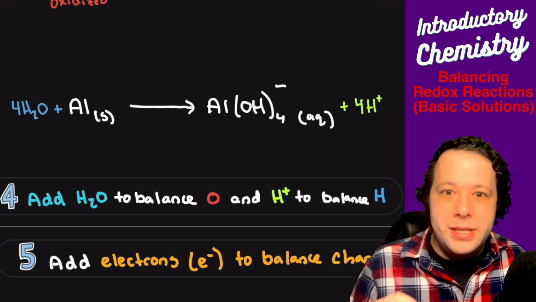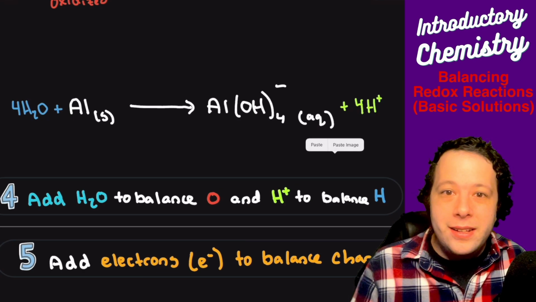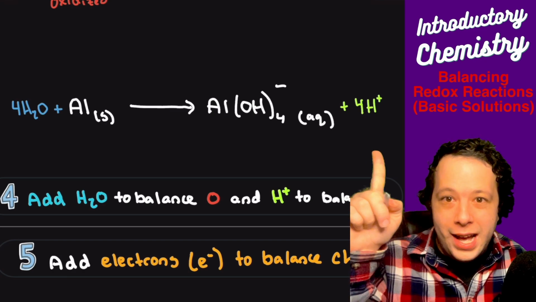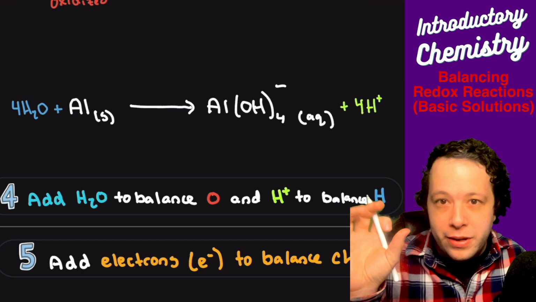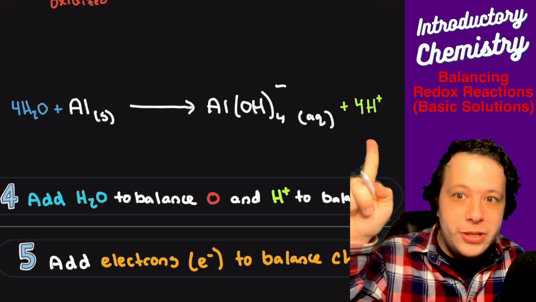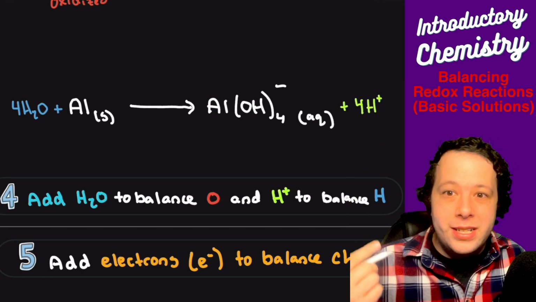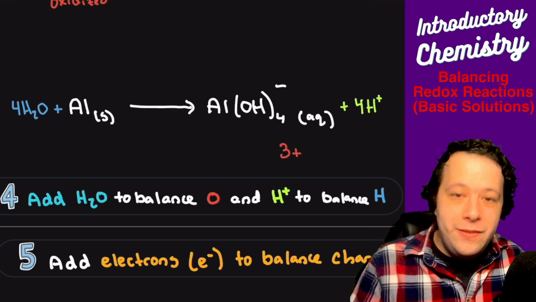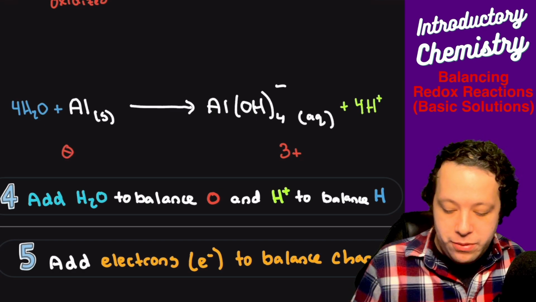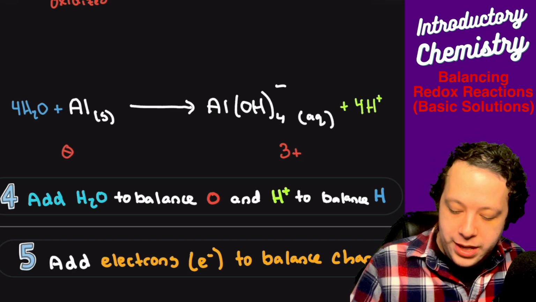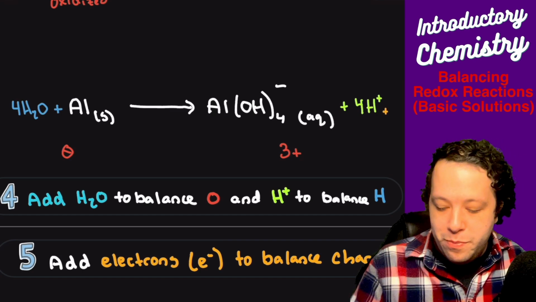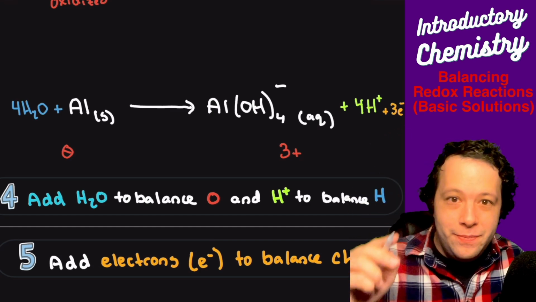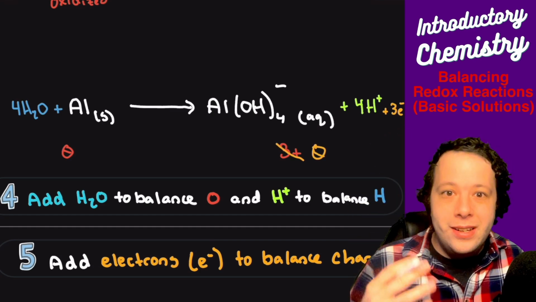Now, our next step is balancing our charges. So we're going to add electrons in order to do this. The thing I like to do is add up all my charges and put a number underneath. So for example, I have 4 hydrogens, that's 4 plus. On the aluminum hydroxide is a negative. So that means the entire right-hand side, I have 3 plus. Whereas on the left-hand side, I have an entire thing of 0. So what we're going to do is add 3 electrons in order to balance that charge. So we have 3 electrons on the right-hand side that I just added. So what that does is that's going to then cancel that.